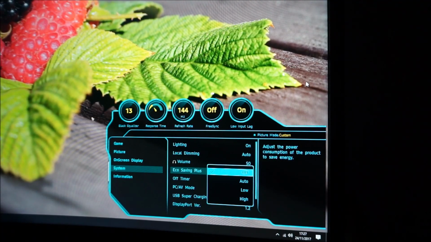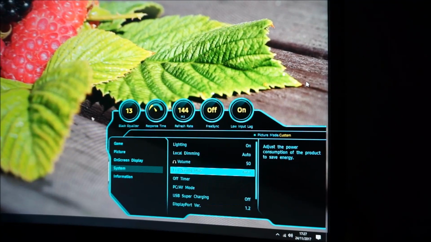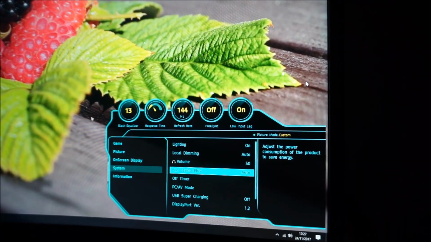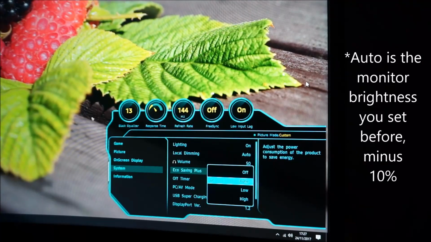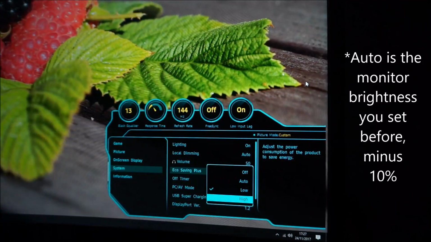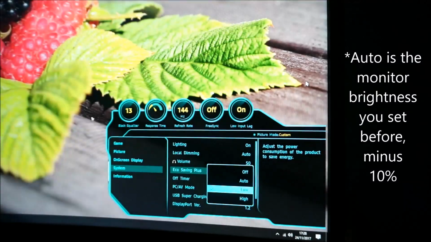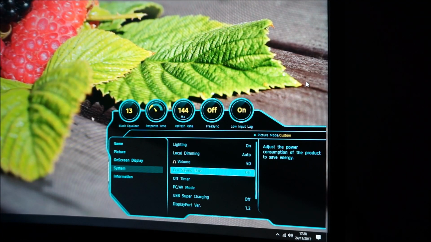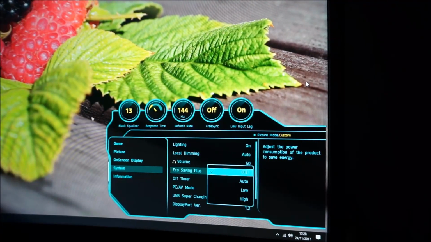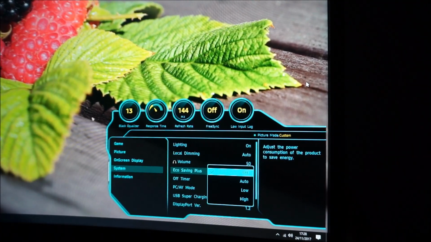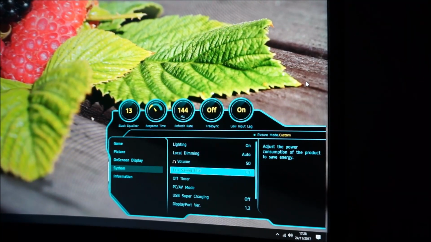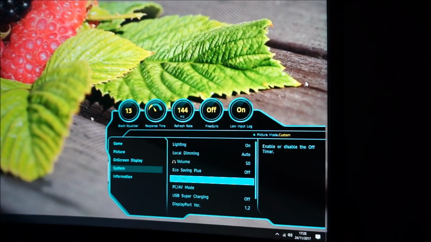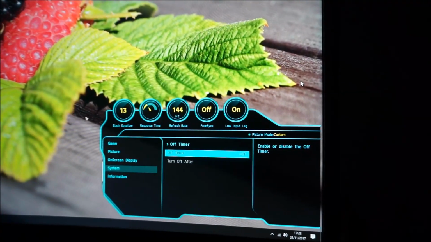EcoSaving Plus just adjusts the brightness to various different levels. Auto seems to be very similar to the brightness setting I'm already using. High makes the image very dim. I mean, all this does is it just adjusts the brightness slightly. It doesn't do anything you can't do with manual adjustment as well. It's just for people who are a bit... I don't want to be insulting, but it's for people who don't realise that if you lower the brightness of the monitor, it uses less power. That's all it is. There's an off timer feature, which will automatically turn the monitor off after a set period